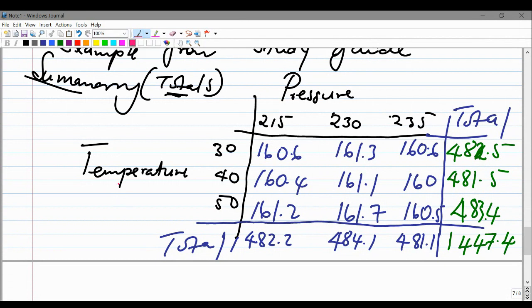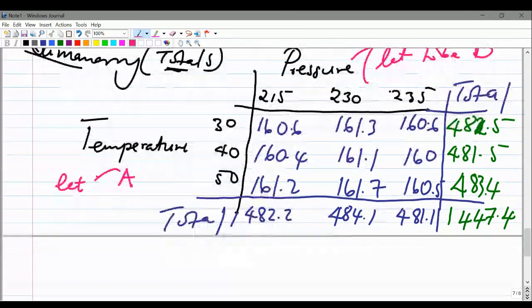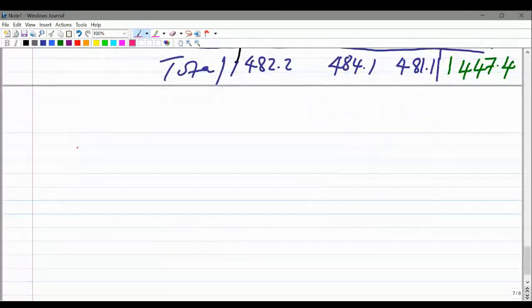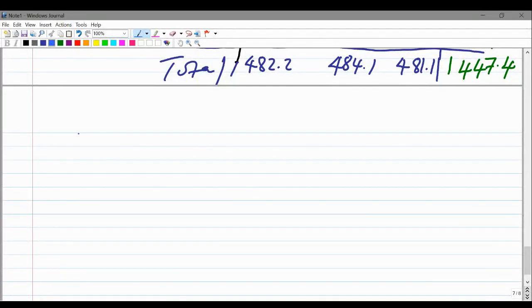I said you can say, if you want, let temperature be A and let pressure be B, so that if you want to move with SSA, SSB, it will be fine. When you solve this problem, someone can move using this format: SS